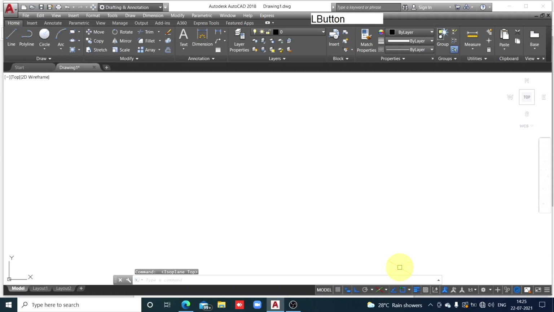Isoplane top. Now check here, in the top view which two axes you get? Length and width. Remember here that red axis is width axis and green axis is length axis. So length to be measured in that orientation. Now check again in the drop down menu, isoplane right. Now when you click on isoplane right, you will be able to measure dimensions here, height and length. Here that red colored axis is length axis and green colored axis is height axis.